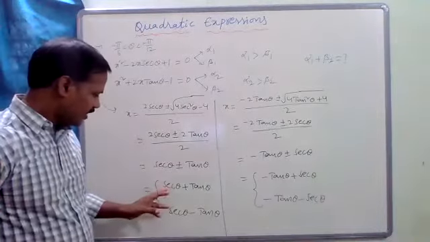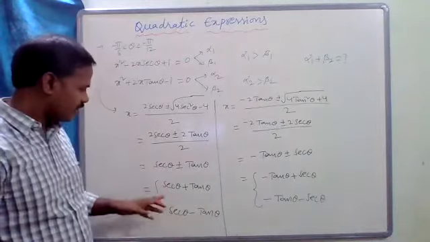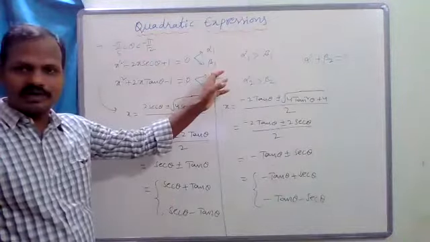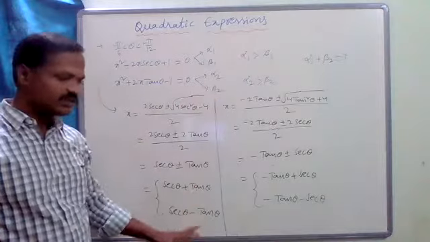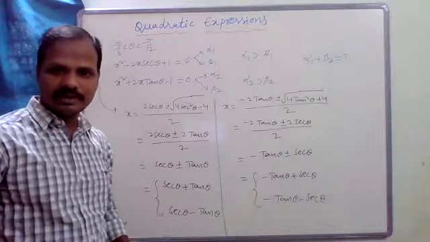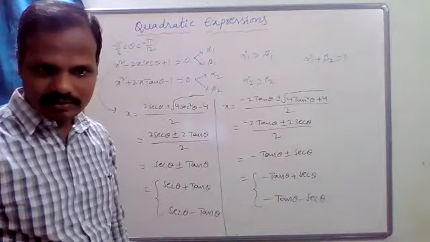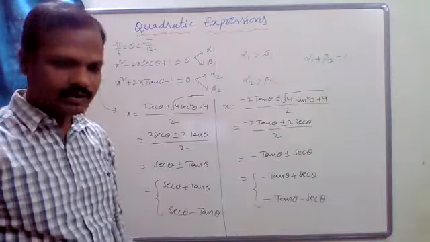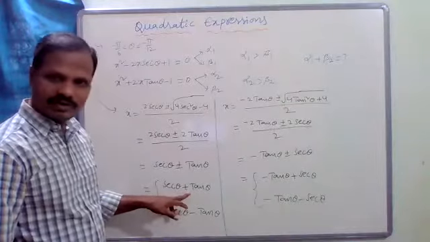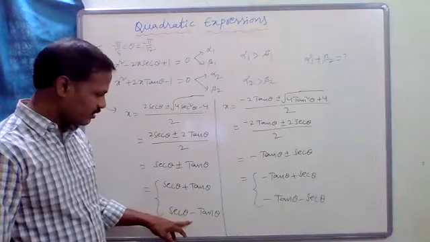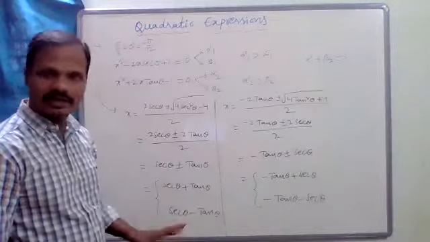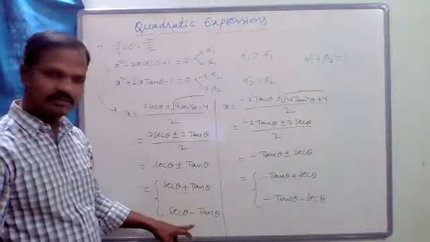Now here two roots are there. In these two roots, one of them is alpha 1. The roots are alpha 1, beta 1. So which one is alpha 1, which one is beta 1? That is the main point. So tell me which one is alpha 1, which one is beta 1. The first one alpha 1 or beta 1? The second one alpha 1 or beta 1? Which one is alpha 1? Obviously the other one is beta 1.